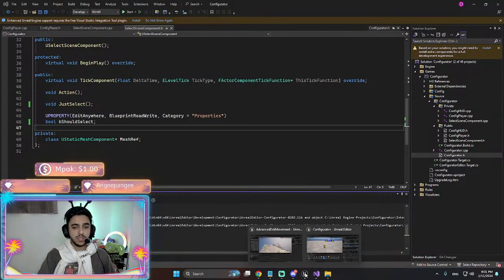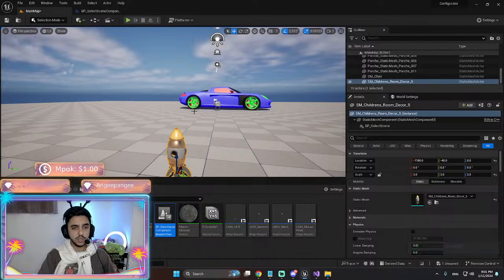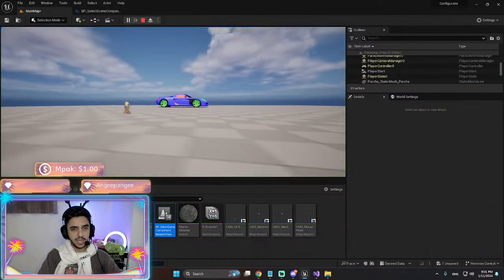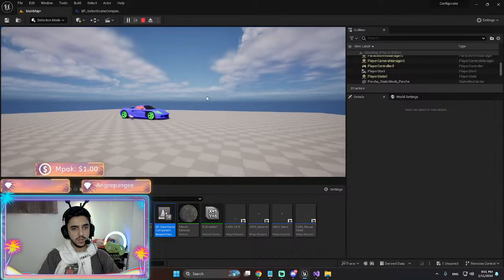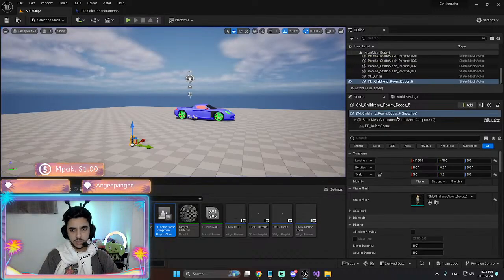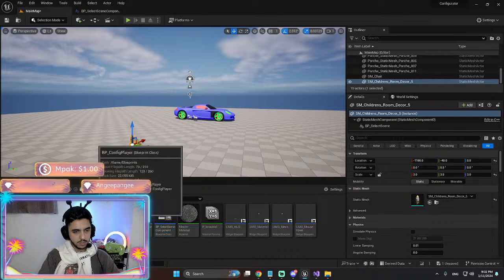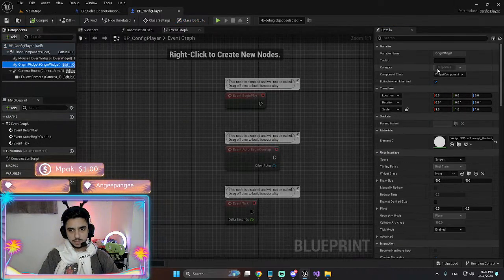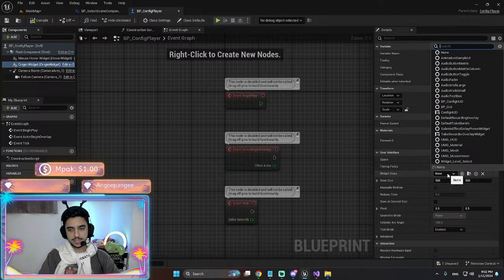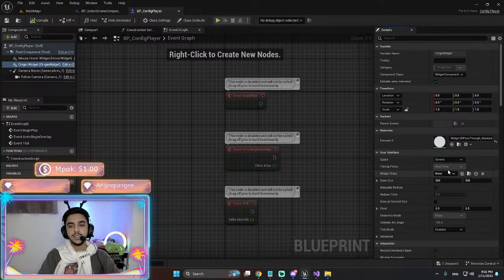Now we've got to figure out the dot thingy in the middle. There should be a dot in the middle whenever we're playing a game. The game, you know, that dot. We'll find it. Let's see. I'm gonna open my blueprint class, origin widget, screen. Yeah, this is it. It's actually a good thing, right?